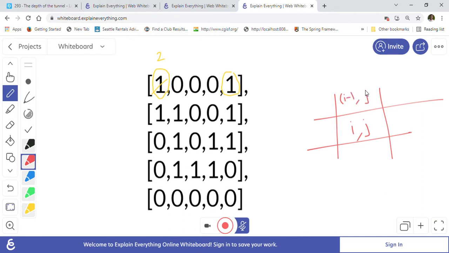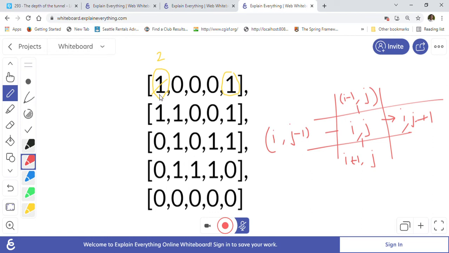This is one direction. The next one is i plus 1 j, so i plus 1 is the next row, and the same j. That is another cell. This is one direction, this is another direction, and then right and left. For right and left, it will be the same row i, and j will increase, j will become j plus 1, the next column. And here it is the same row, and j will decrease, j minus 1, the previous column. So these are the four directions we want to check.